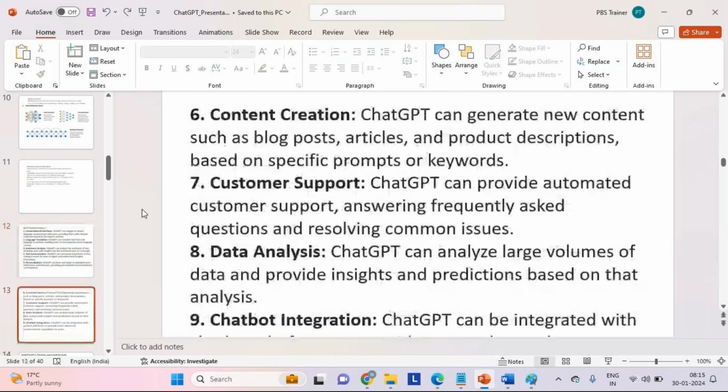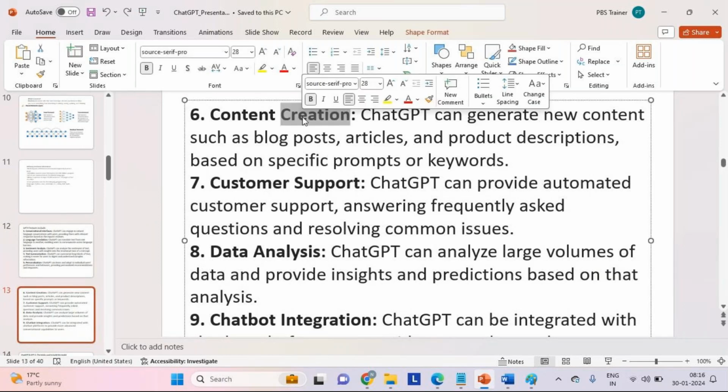And next, content creation. This is one of the primary reasons why ChatGPT has become so popular and the most widely used AI modeling tool, right? Let us say there is data spread across multiple parts of the globe, kept on the internet.